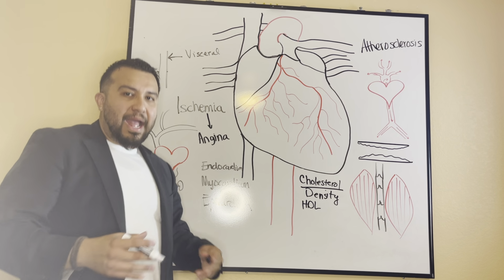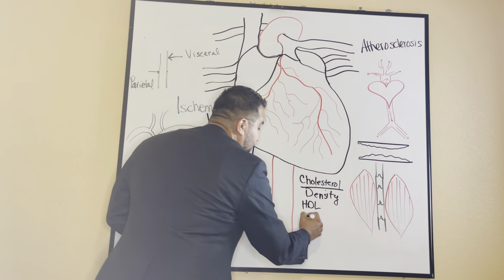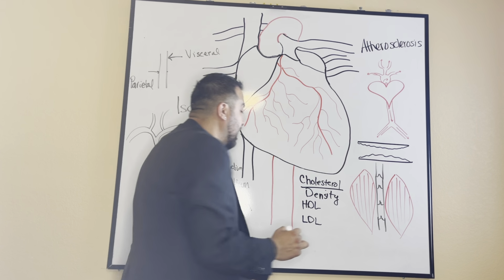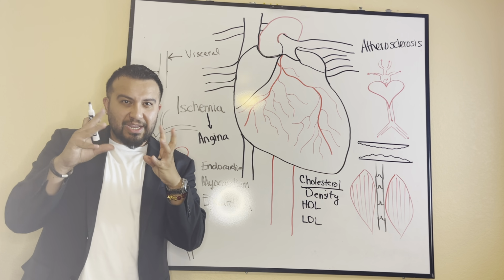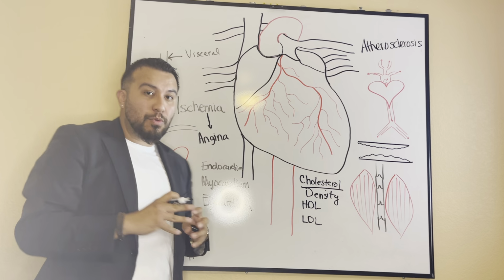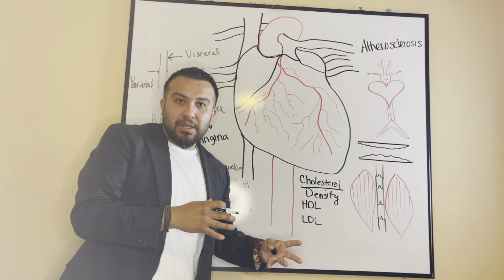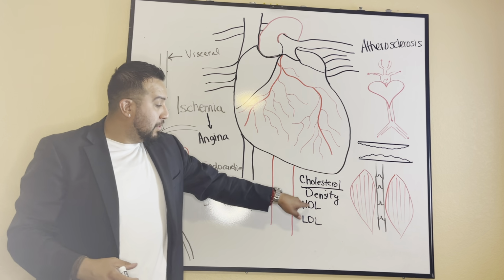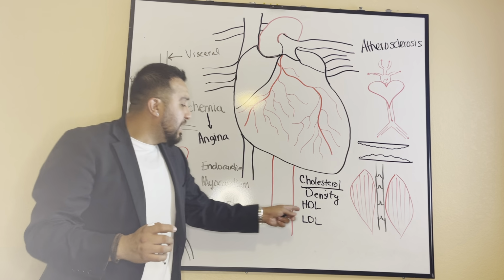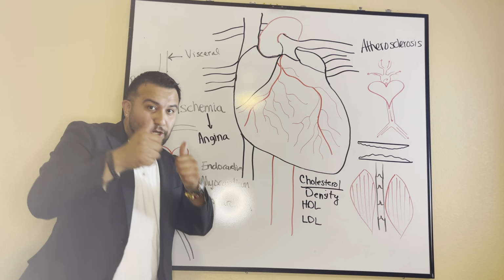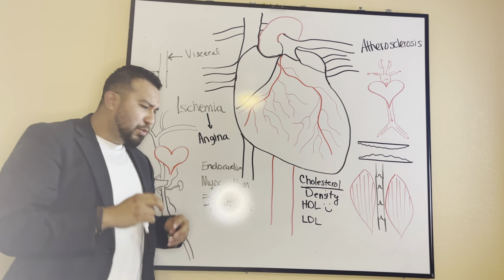And then we have the bad cholesterol. The bad cholesterol are known as low density lipoproteins, LDLs. And your low density lipoproteins means that the globule of fat is squishy. It's not hard, it's got low density. So when we throw it against the wall, the blood vessel wall, it sticks to it as opposed to bouncing off like your high density lipoprotein. So I hope that clarifies the difference between your high density good cholesterol and your low density, the squishy part